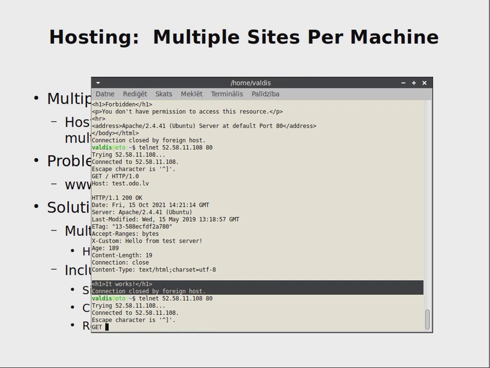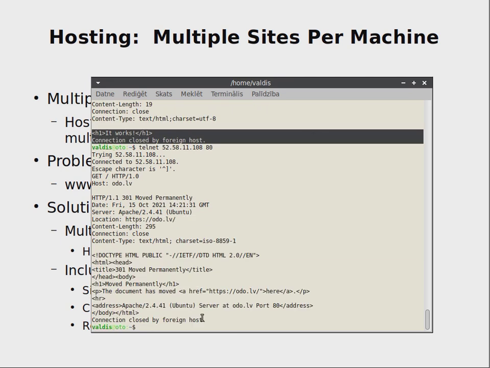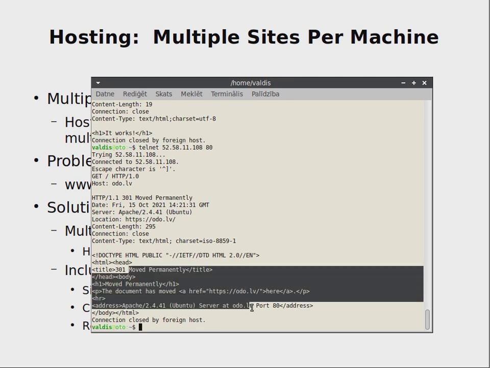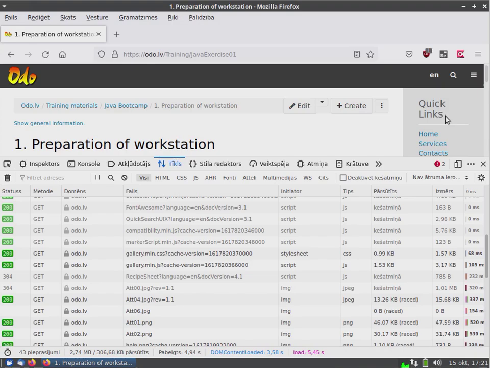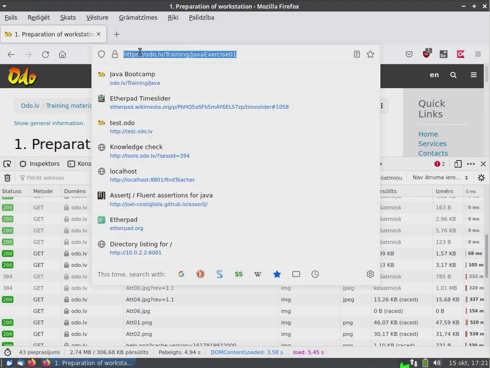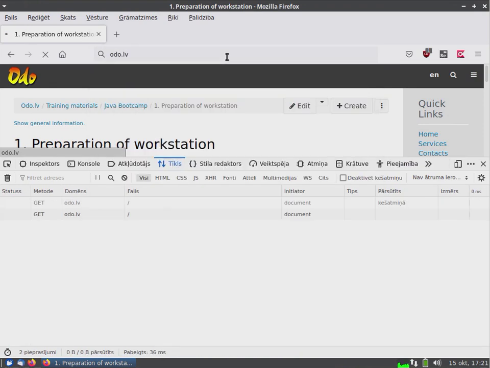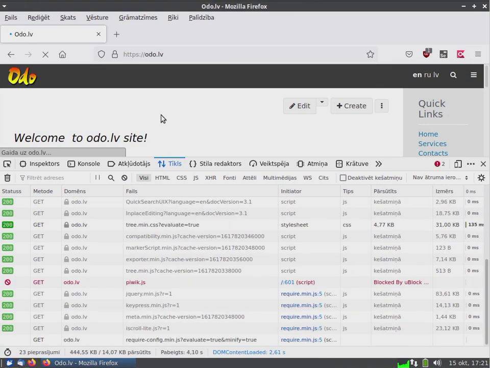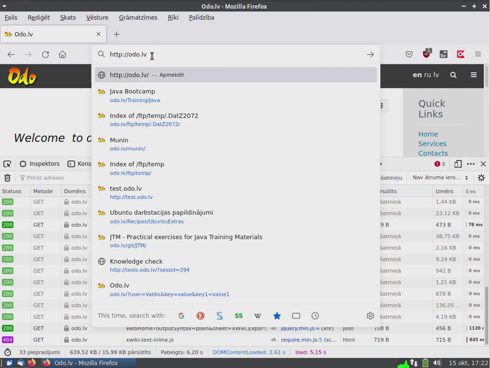And if you say open homepage, then you get a response that it should be opened over the HTTPS protocol, and in a web browser it looks as follows. You try to open the website odoo.lv, and you see that if I would press stop here initially,